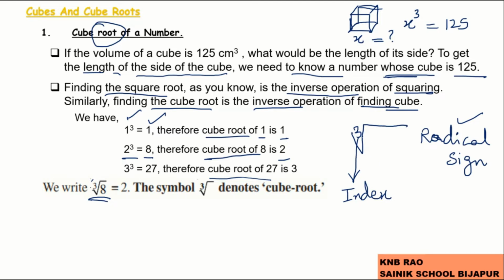Students, what does this indicate? I will explain. Here, you know, 2 cube is 8, and I said the inverse operation of it, cube root of 8, is 2. From this we will get this one, and from this we can get even this also. That's why I have put double inverted arrow marks.